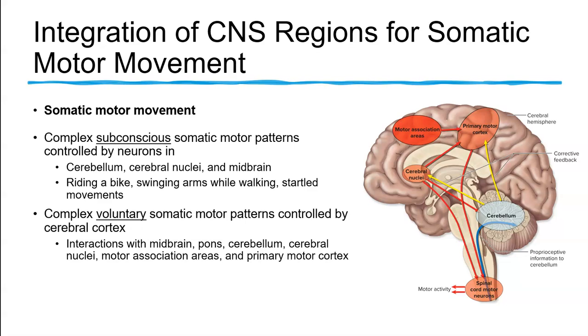So it takes both the cerebellum and regions within the cerebrum to control and modify motor programming that produces somatic motor movement. Now, somatic motor movement, guys, that simply means movement of the body, so our voluntary muscles. So very complex subconscious motor patterns are controlled by neurons in the cerebellum, the cerebral nuclei, and the midbrain. Now, these are things that you do without thinking about it, such as I mentioned earlier, driving your car, riding a bicycle, the way your arms move and swing back and forth when you're walking, or things that startle you